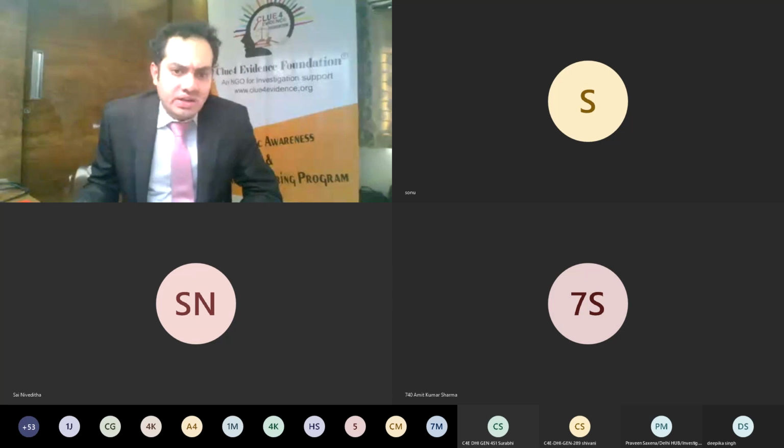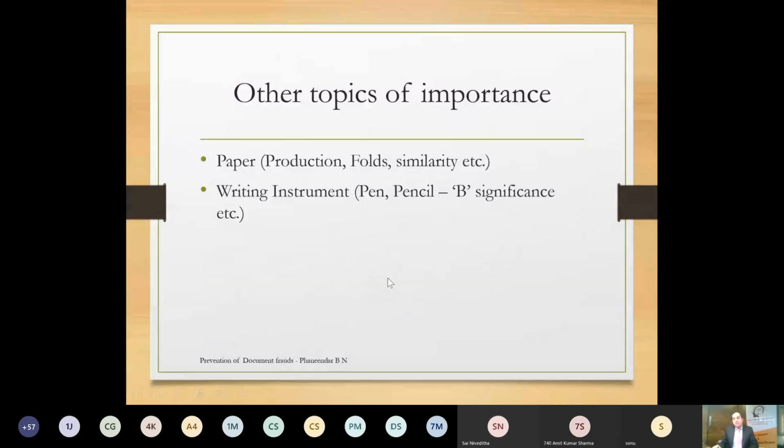And with regard to the writing instrument, the common problem we face today is about the age of the document, the age of the ink. Age of the ink has two things to understand. There is always a question about the scientific plausibility and the legal admissibility. When we discuss legal admissibility, there are different things to discuss, because as per one of the Supreme Court judgments,